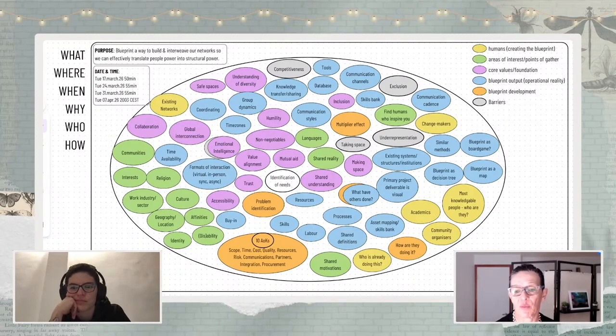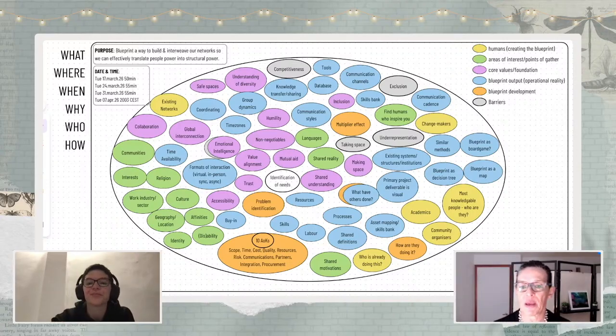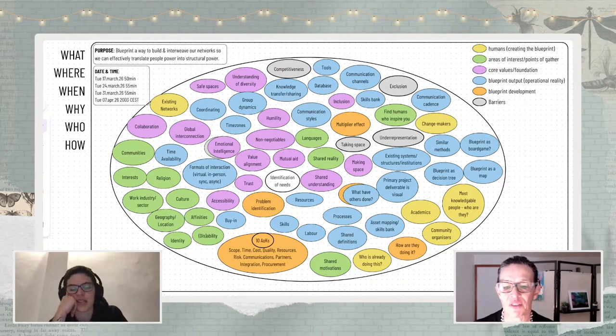And we have, for example, communications here. So it's what you were saying, pretty much we are translating. We are doing a lot of the project management activity, that is the development of the tool, and then the other one is the output of the tool. Group dynamics is part of resources, and time availability is part of time. Perfect. Yeah. And I think identification of needs will be blue as well. Perfect. That's what I was thinking too.